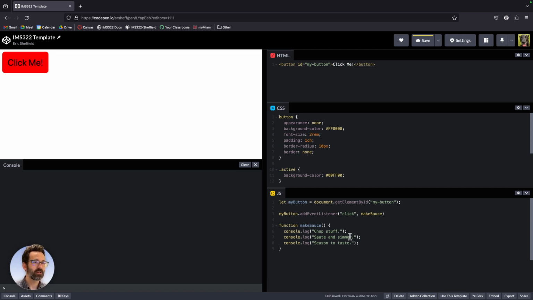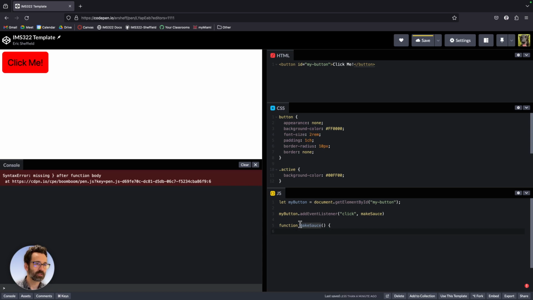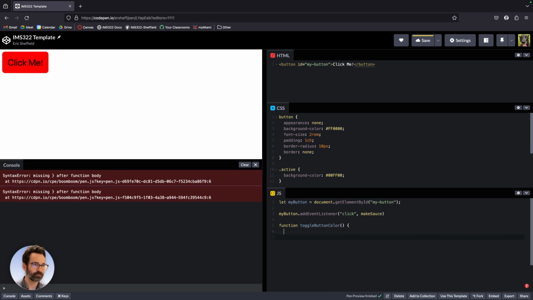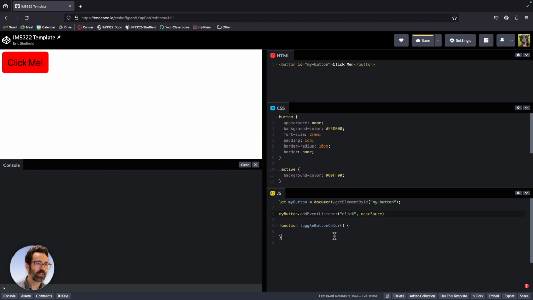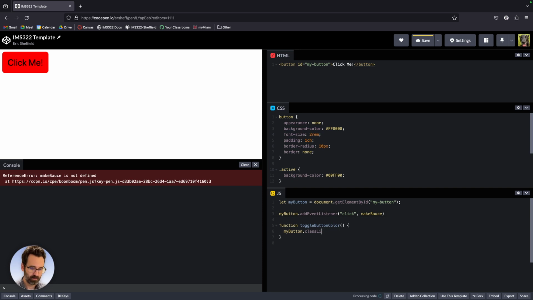So now down here, what I want my function to do, let's get rid of all this console.log stuff. Let's change the name of the function because it's going to do something different now. What it's going to do is toggle button color. To do that, I've already created a variable that references the button itself. I can use that. I can say my button dot class list dot